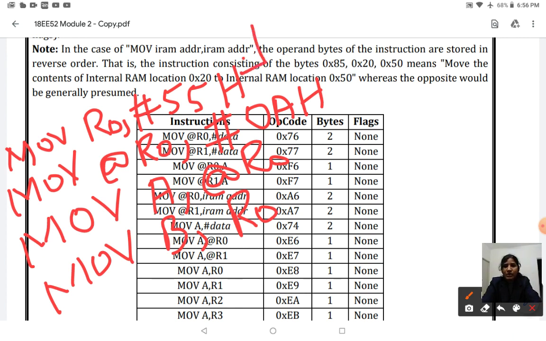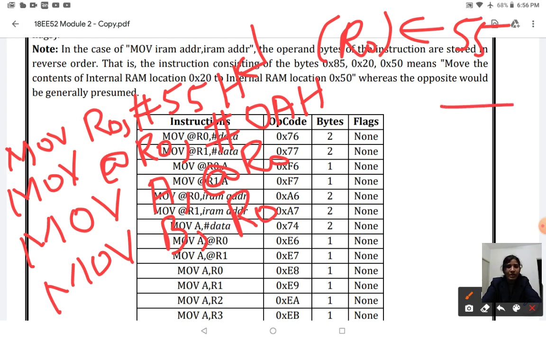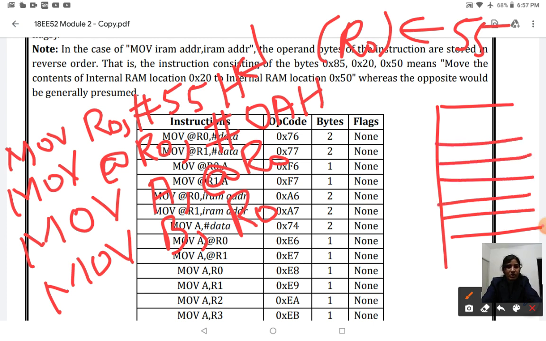After executing your first instruction, the value 55 will be stored in R0, that is, the content of R0 will be 55. We have a memory space. In general purpose memory, the addresses start with 30H, 31, 32, 33. General purpose RAM is there, right? So it goes on till 55H. So R0 will be 55. The addressing mode we used in the first instruction is the immediate addressing mode.